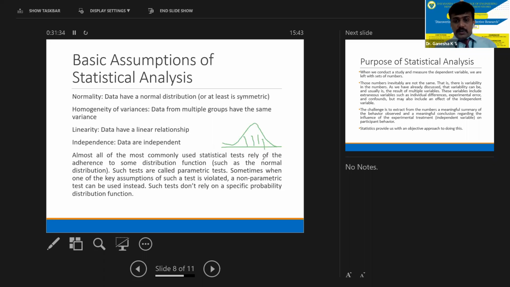Data should not be skewed. So what will happen when we have this bell-shaped curve, and when we have data like this, most of us have experienced. These are called skewed data. Okay, so the data is at either the positive side or the negative side of the curve. So that is either positively skewed or negatively skewed data, but the data is not normally distributed. I'm not saying it is wrong, but